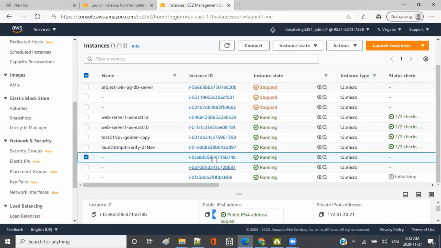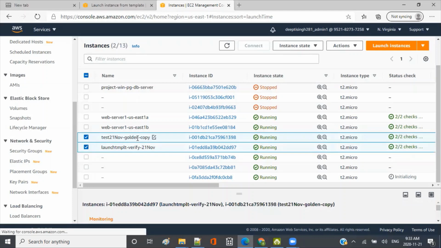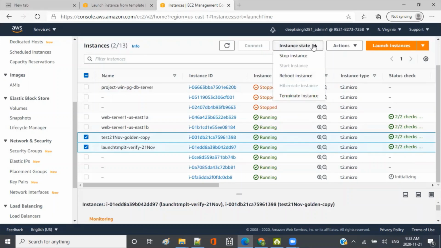So now 3 instances have been launched by the auto scaling group, and these 2 instances were our original instances. I can stop these 2 now, because this was my golden copy, and from the golden copy I created the AMI and the launch template, and then this was for the verification. So I'll stop them.